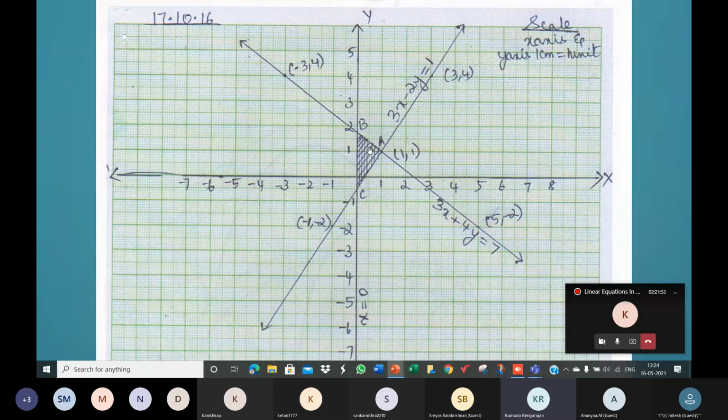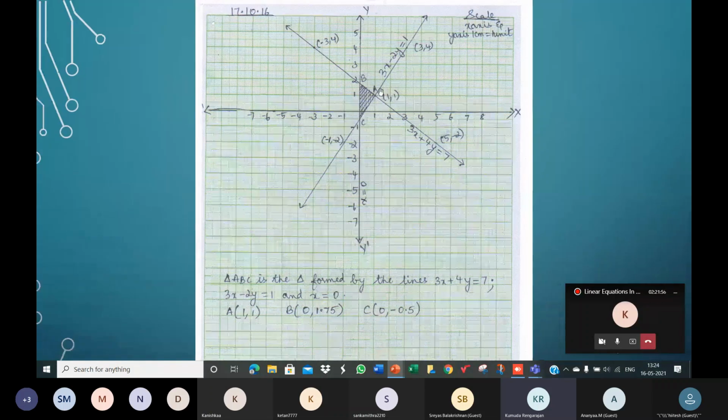How to make the table, and then vertices you can make out. I've called the triangle A, B, and C. You need to write out the address of A, address of B, and address of C. A, B, C can be marked anywhere. You can mark A here, B here, and C here. That's okay. Or you can call it PQR.